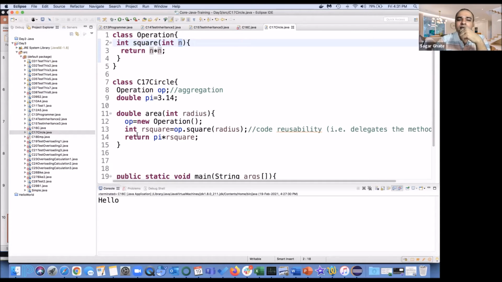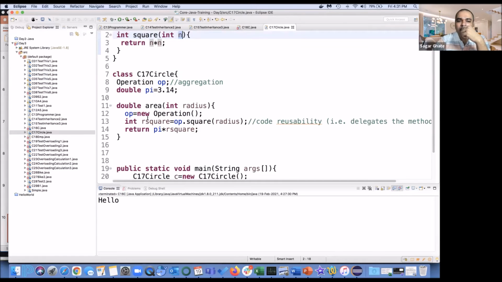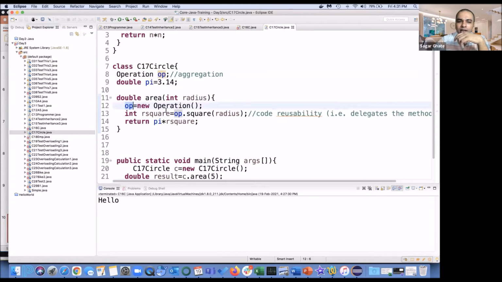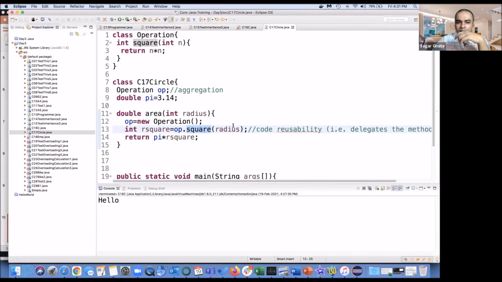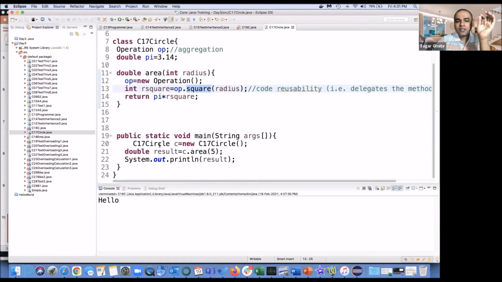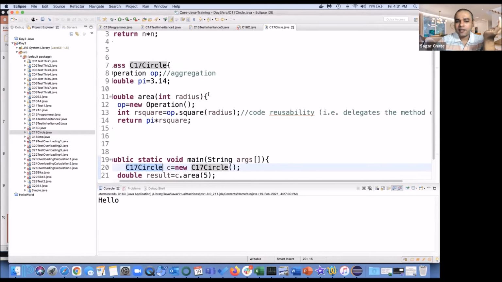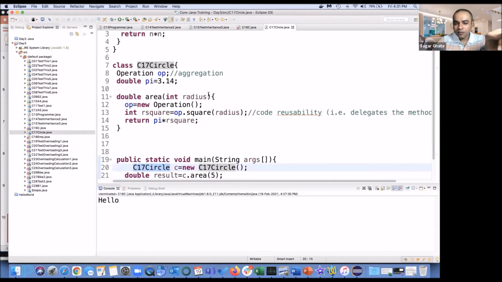Now what I'm doing here is, my object is created and I am saying int r square is op.square of radius. So this circle will have a radius, and from that radius I can do some operation and calculate the area of that circle.